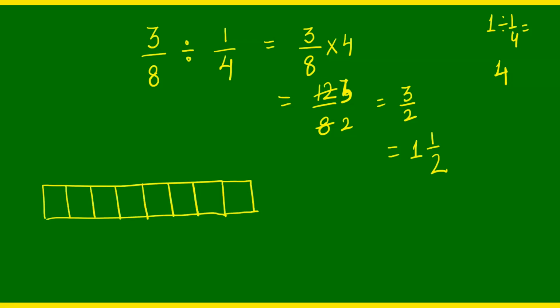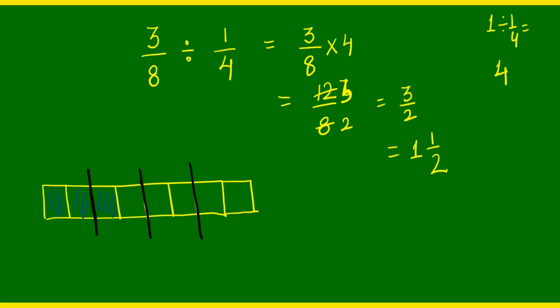So we have in front of us one whole which is cut into 8 equal parts. So first let us show 1/4 on this. Now 8, when we want to show the fourths, each one of them will contain 2 parts. So 1/4, we are cutting these into 4 equal parts. Now let us shade 3/8. So 3/8 means just 3 parts.